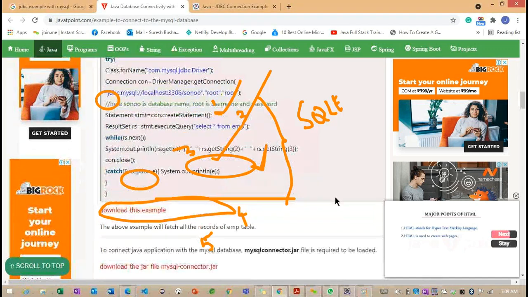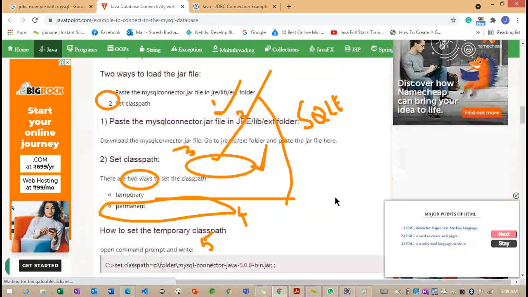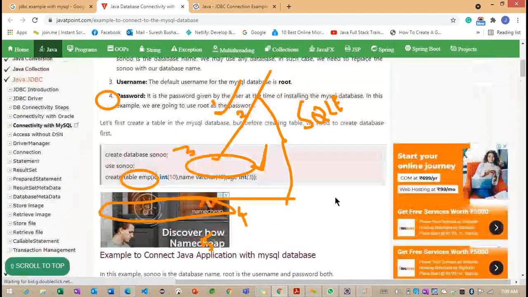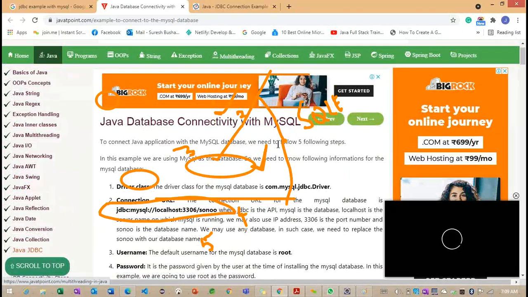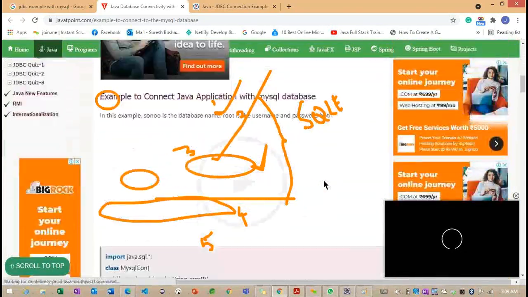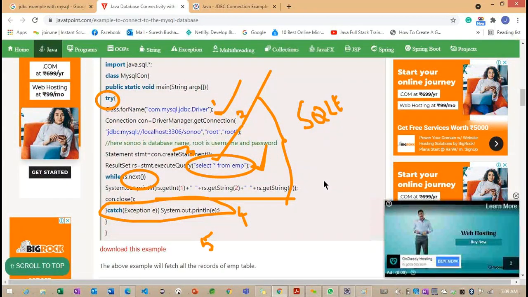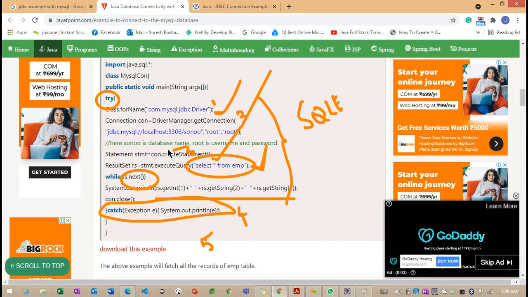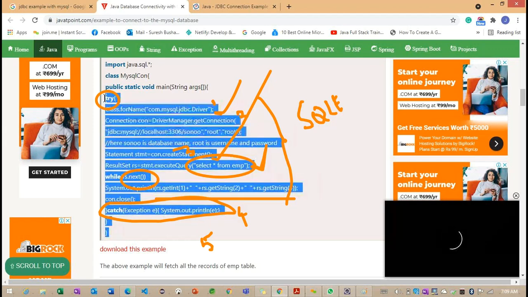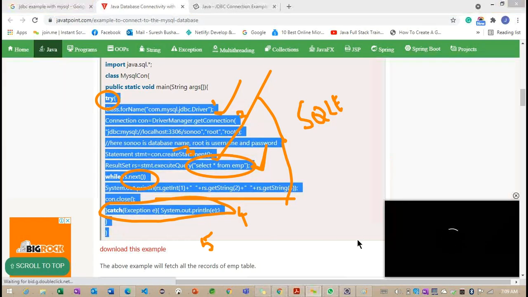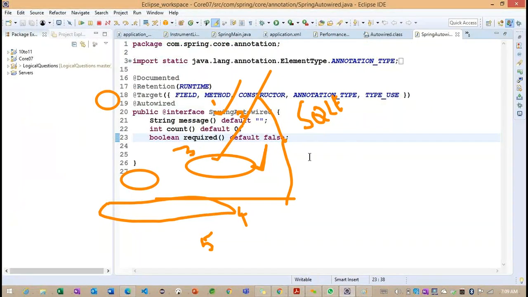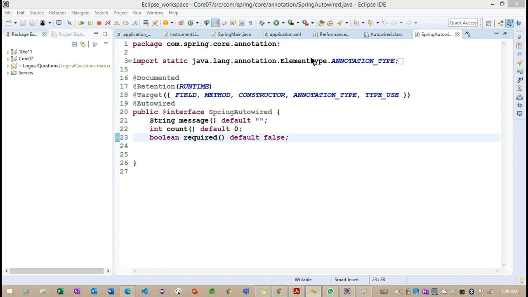Now we'll see what steps we need to write to insert an object. Maybe they only provided loading the object here. If you understand, the same way we load the object from the database, and this section of code is to insert the data into the table. Again, we need to write this many lines of code. So let me clear this console.